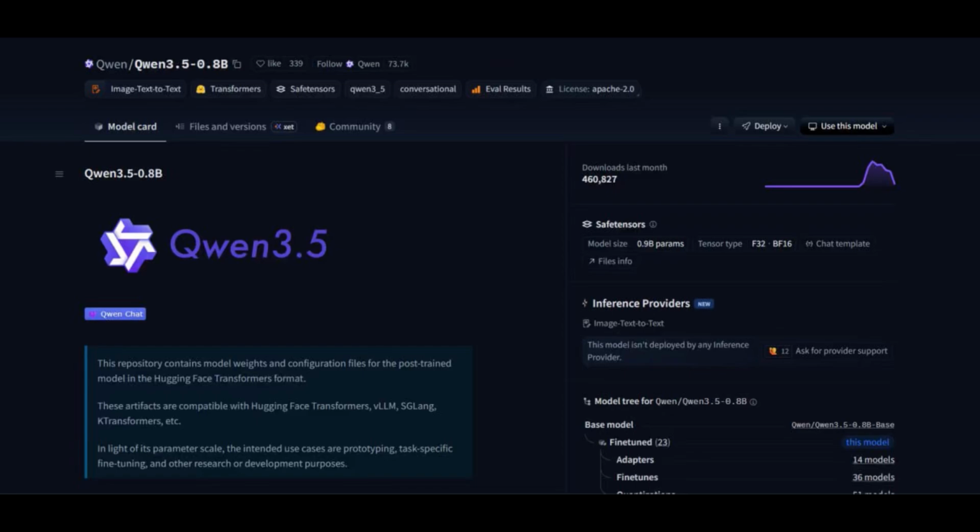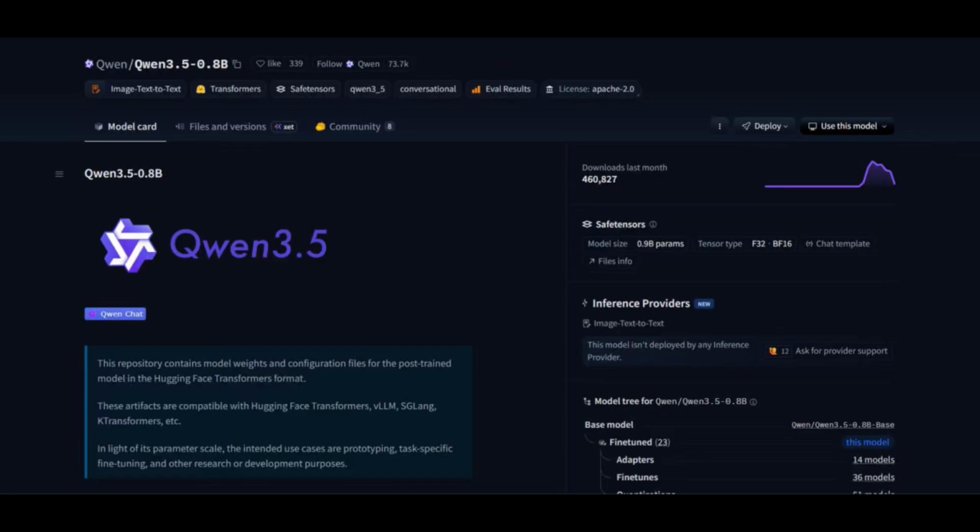But before moving ahead, let's first understand what Qwen 3.5 is and what makes it so special. Qwen 3.5 is from a family of AI models built by Alibaba, where you give it text or even an image and it responds intelligently while running locally on your system. What makes this lineup interesting is that these models were specifically designed to run on low power hardware such as phones, laptops, and edge devices. These models come in four sizes: 0.8 billion, 2 billion, 4 billion, and 9 billion parameters, while the 9 billion model apparently rivals much larger models on benchmark tests.